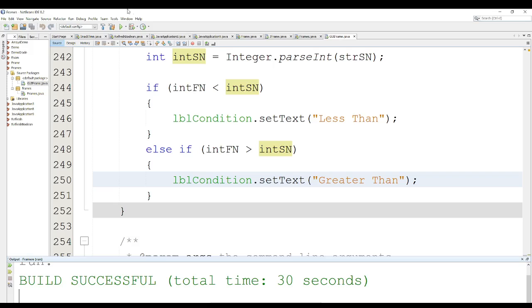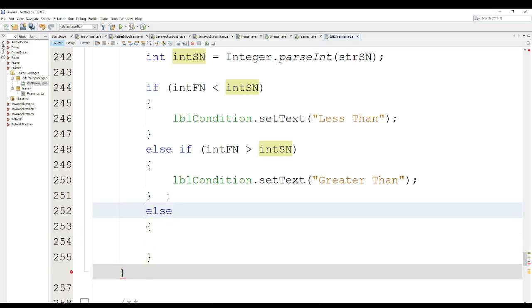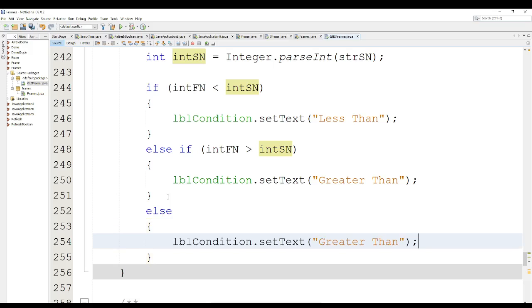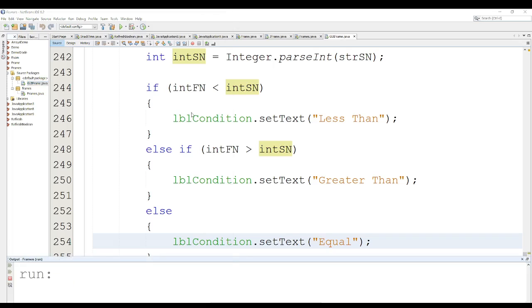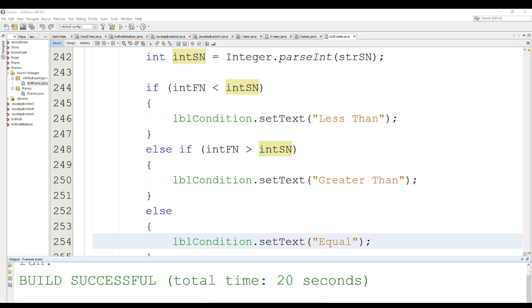Okay, how about equal? So let's put else, open and close curly brackets, equal. Right click, run file. 1, 2, condition less than. 4, greater than. Equal to, condition equal. Okay. So I'll be uploading my video demonstration